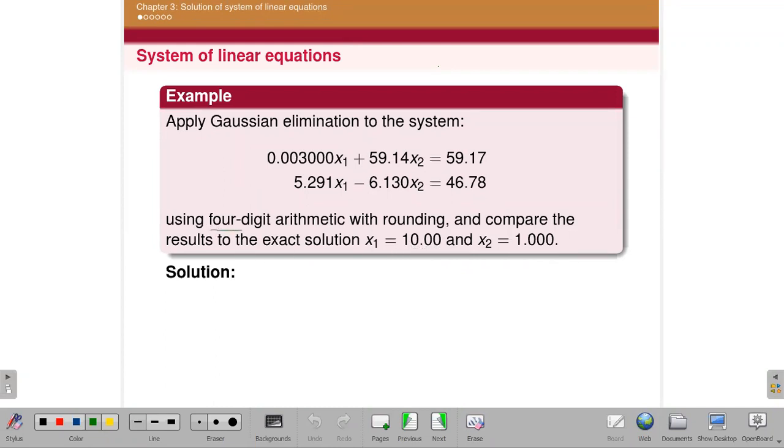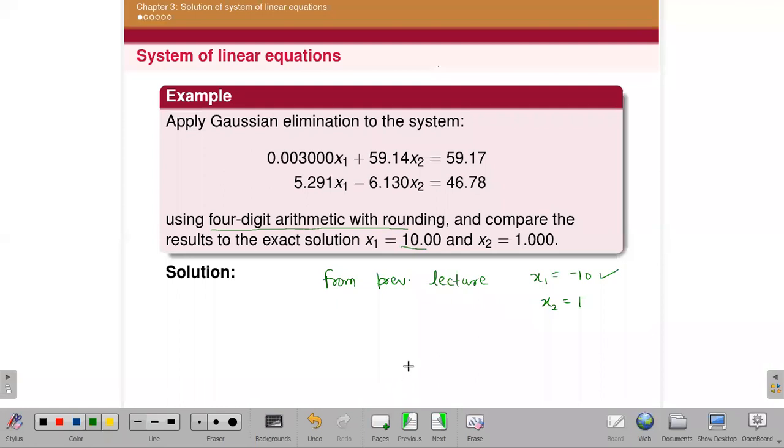And we have used 4-digit rounding arithmetic here. Then we got, from the previous lecture, X1 as -10 and X2 as 1. At each calculation, we have taken 4-digit rounding arithmetic. That's why we got this error. Our approximate value is -10, but its exact value was 10 only. So now, how to get rid of this type of problem?